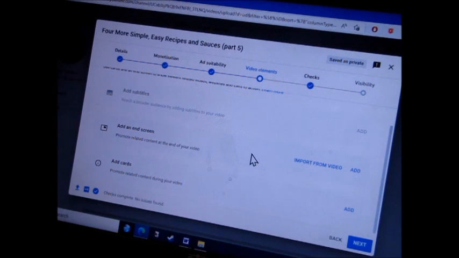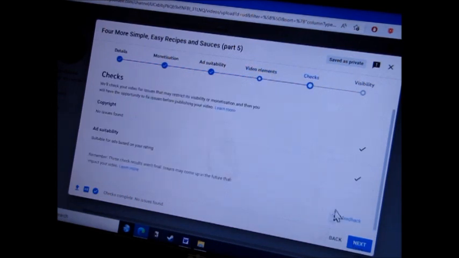It doesn't get put after your video, it gets put over the end of your actual video. So either leave space at the end of your video where you know it will be covered by an end screen, or don't put any information on the very end of your video because it will be covered by the end screen. Then we hit next down the bottom, and everything's okay, add suitable copyright, everything.